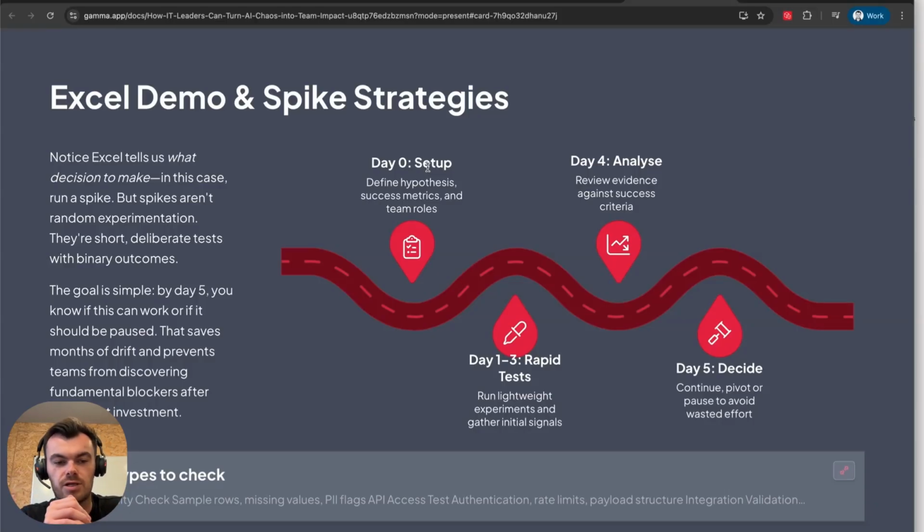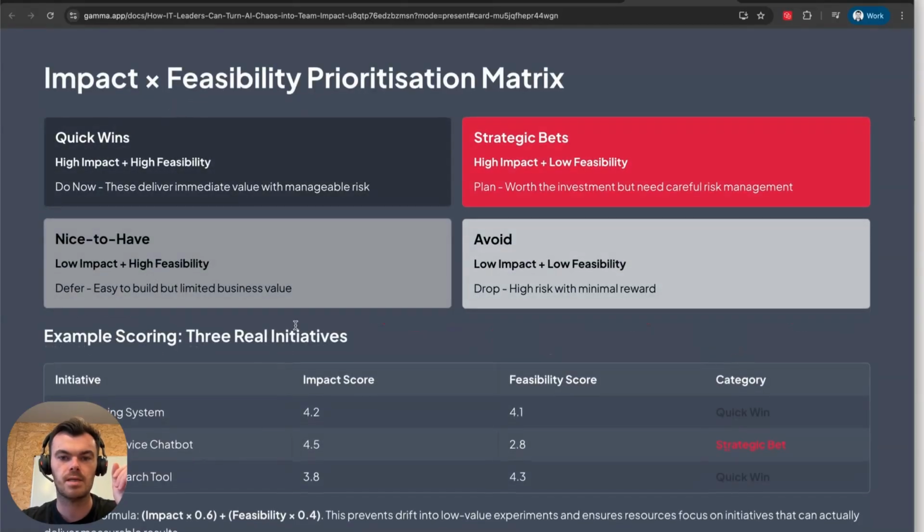There are so many avenues you can go down in AI solution finding, right? And the quicker you find the best win, the quicker you're going to get that feedback loop going and the quicker you're going to see value. We have a good system for this. This works pretty well. And what we do is we then turn it into an impact and feasibility prioritization matrix.